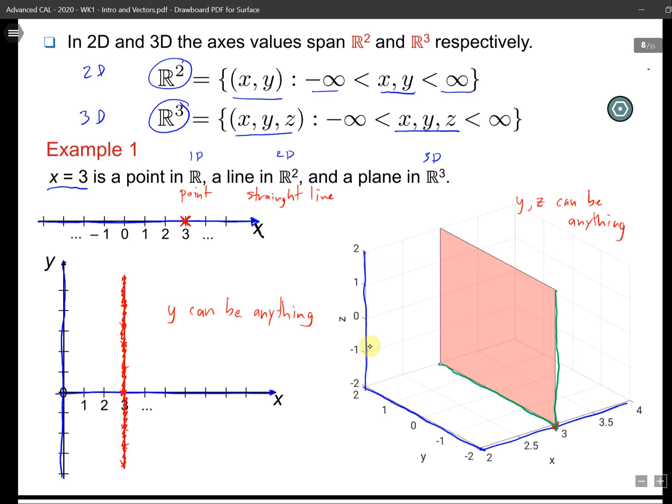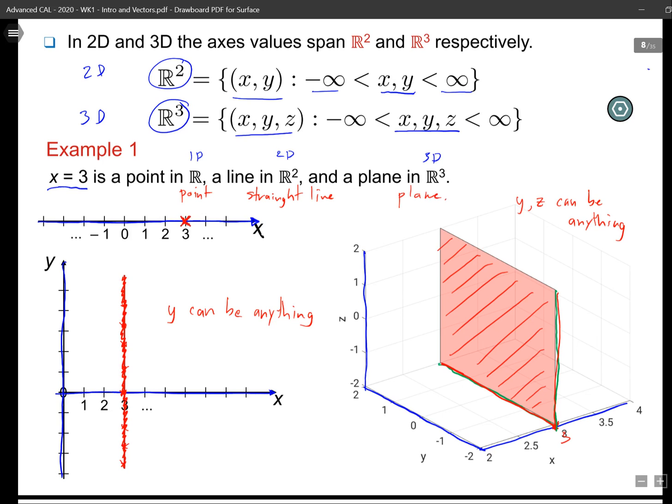I'm going to change this line to red. Okay, it's better. Now y can be anything, z can be anything, and it corresponds to all these points on this plane, right? On this plane, x is equal to 3 everywhere, but y and z can be different. So in this case, x equal to 3 becomes a plane